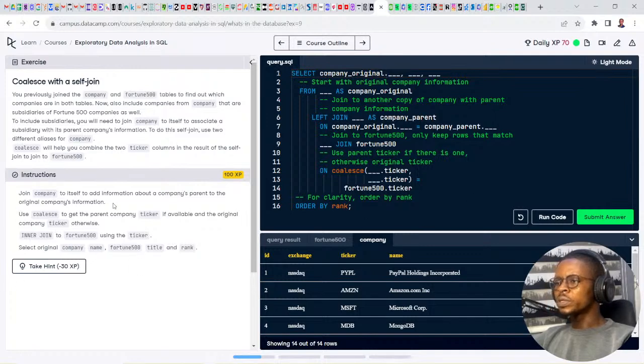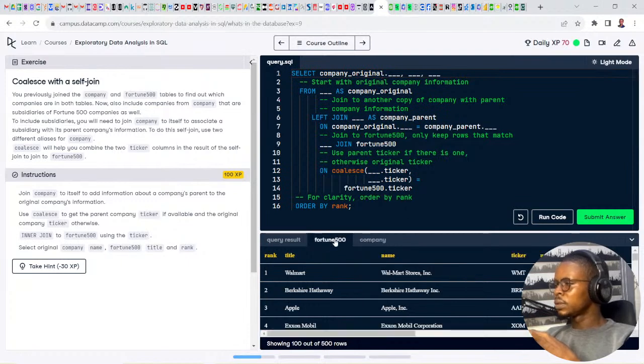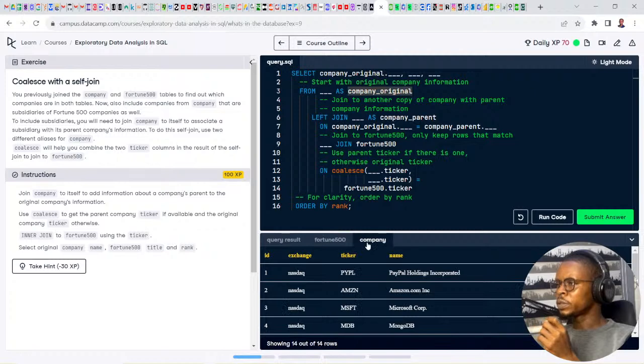Join company to itself to add information about a company's parent to the original company's information. Select company original, hold up, company underscore original dot. That's funny because you from, oh okay, it has been aliased as company original. Definitely from company.